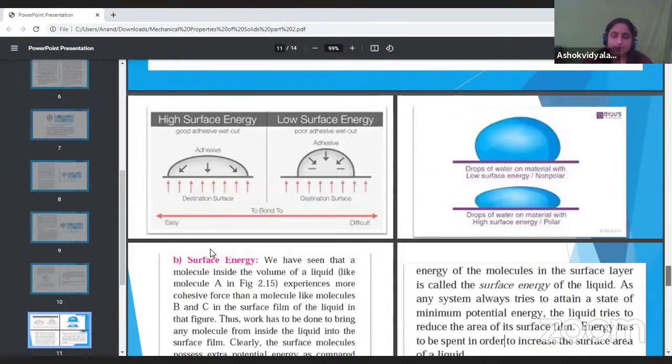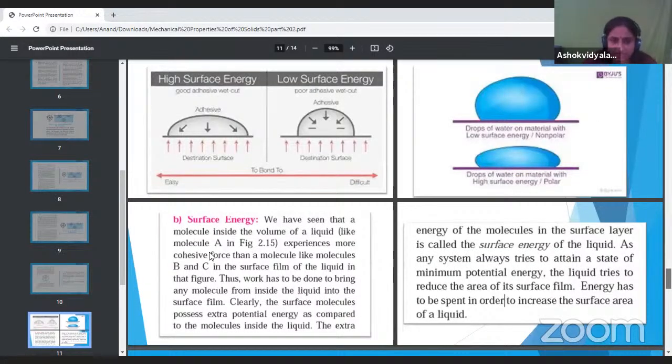Surface energy. आता surface energy मध्ये high surface energy and low surface energy. See, what is the meaning of surface energy? We have already seen that the molecule inside of the volume of liquid, like a molecule A हा काय आहे, completely inside the liquid, experiences more cohesive force from other liquid molecules like B and C. Okay, in the surface film of liquid in that figure,